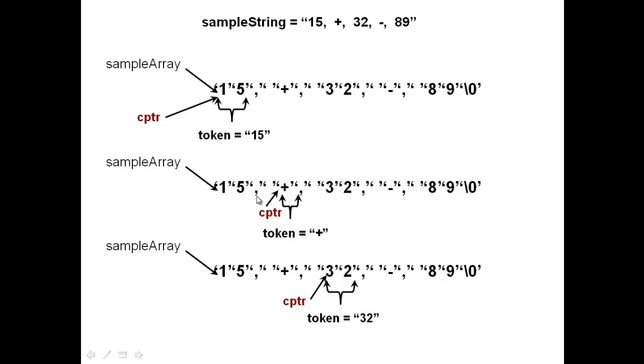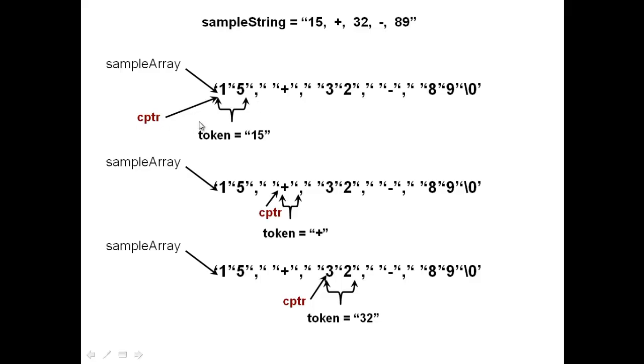So now we have the comma, which is a delimiter. So then the blank space is the delimiter. So we see here I am moving a pointer called CPTR through the string. So this pointer is going to store the address of the first character we are seeing, which is that 1. And then we saw the 5, where there's no delimiter so far, but then we see a delimiter.